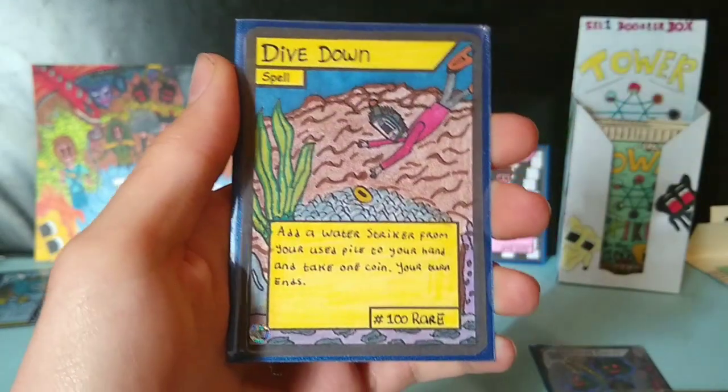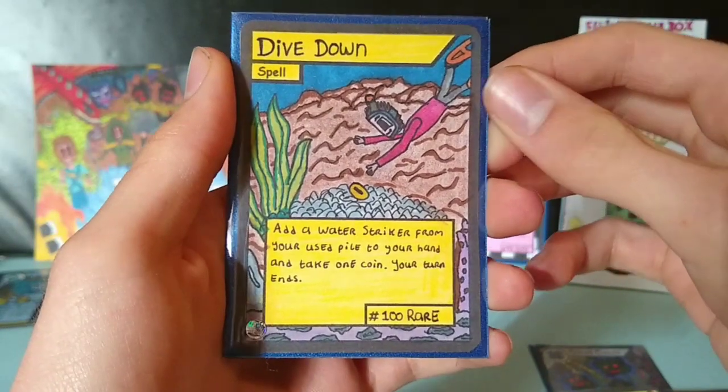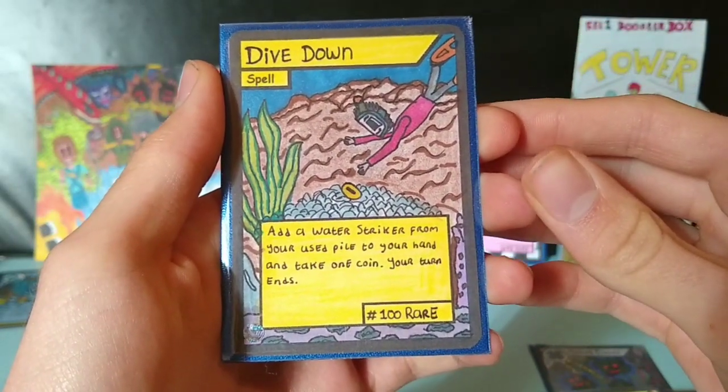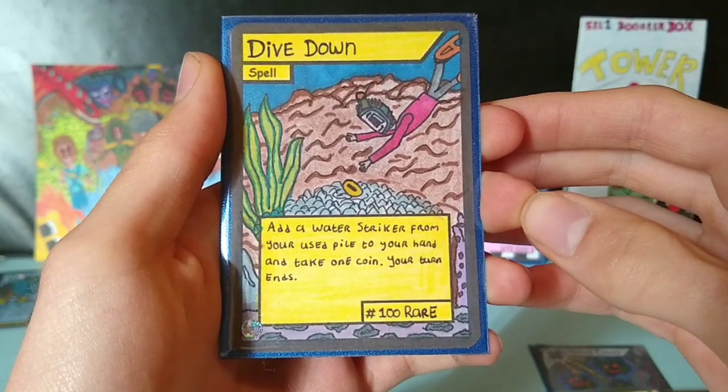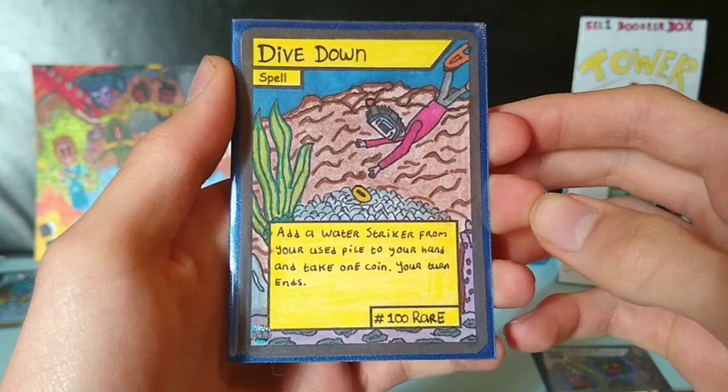So now onto our rare we have Dive Down. It's a spell card and it says add a water striker from your used pile to your hand and take 1 coin, sorry for that. Your turn ends. So this is...